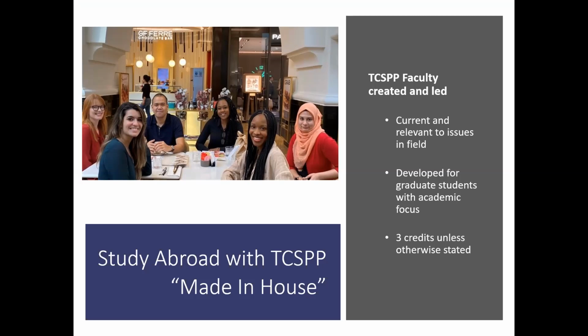And also it's developed at the graduate level. Even though we now start to have BA students with TCSPP, we haven't had a program really focused at that level. All our programs are focused on the master's and doctoral level. Even though this might be a master's program, if you're a doctoral student, don't worry. The faculty can always work with you to have an extra capstone project for you, so make sure that you can apply this towards your degree requirement.